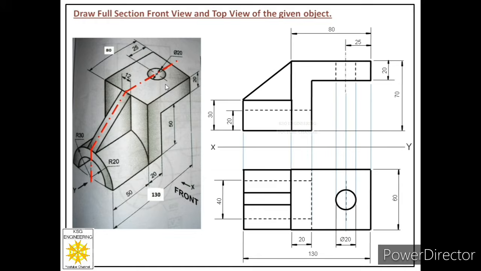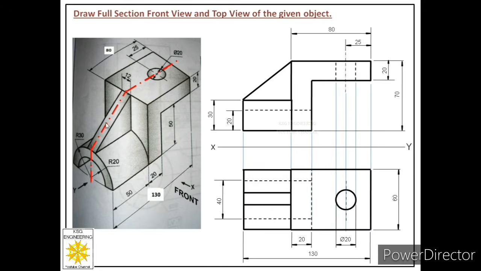So the very first thing which we should check over here is that are there some openings in the object? Yes, there are two openings in this object. Then we have to see, are those openings cut by the cutting plane? Yes, both the openings are cut by the cutting plane. So what we will do now, in the front view, we will convert the dashed medium line or the hidden line drawn for those openings into continuous thick lines.